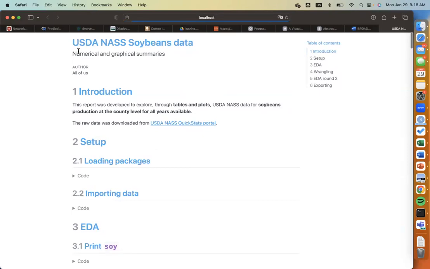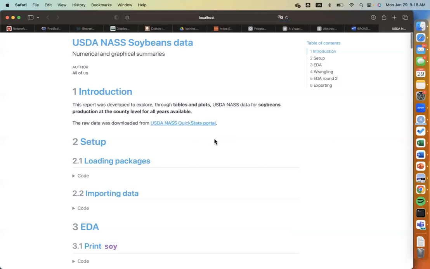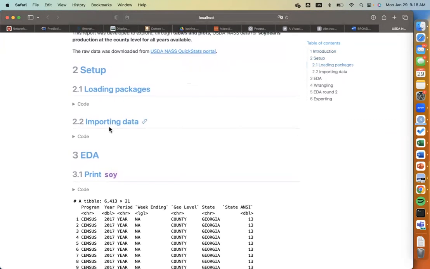So we have the title, subtitle, we have this intro that I wrote a little bit. This is a hyperlink, right? So if I click here, it's going to take me to the website. So there are ways that you can embed hyperlinks within your Quarto files as well. When I told you that it was